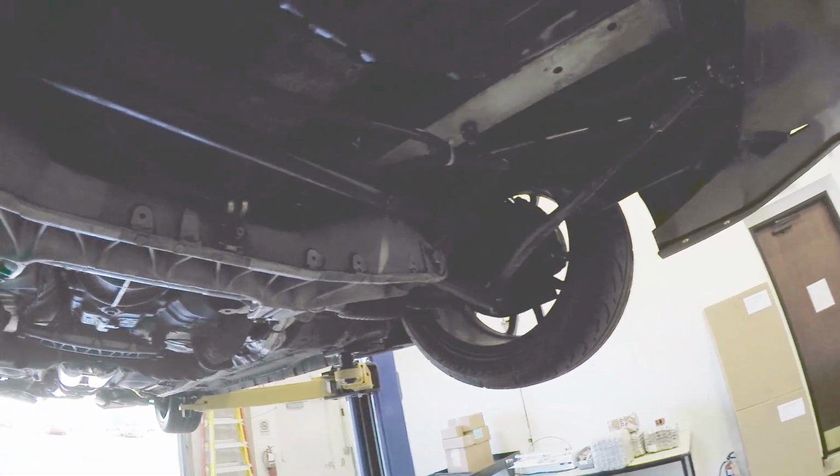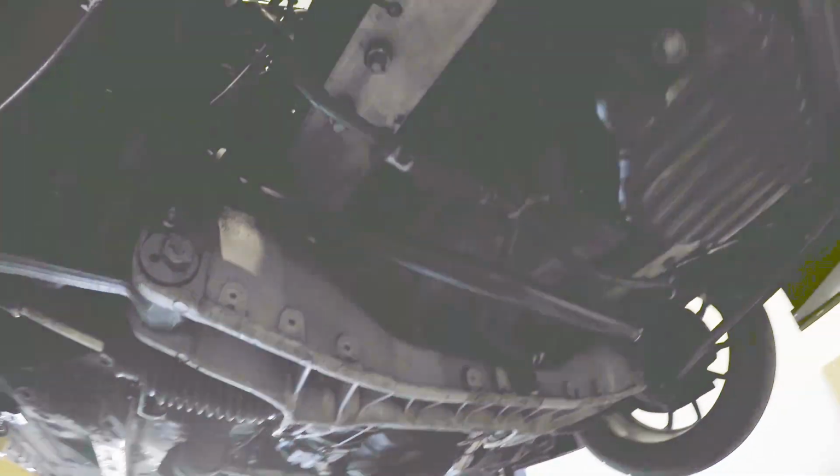Okay. Yeah. And then looking from this side of it, that is a whole aluminum subframe. Yeah. And then you bolted it into here. I noticed when I look over here, there's like...